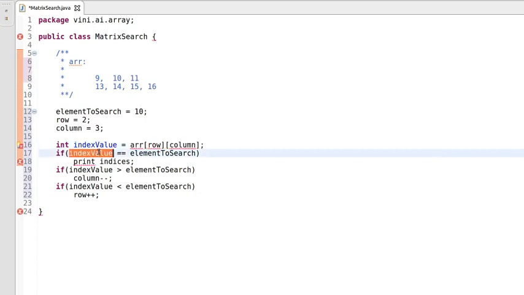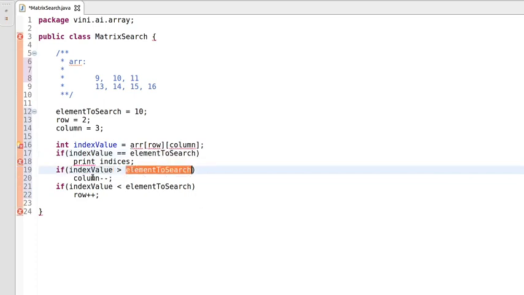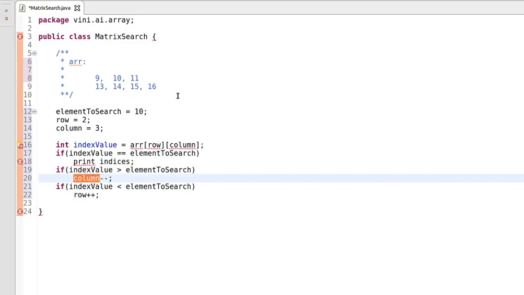We are again calculating the current pointer value, that is 11. We are comparing whether 11 is equal to 10. Again this condition is false. 11 is greater than 10, so this condition is true, and we are decreasing the column by 1. It was 2 earlier, so after this condition our current column value decreases and it will become 1.